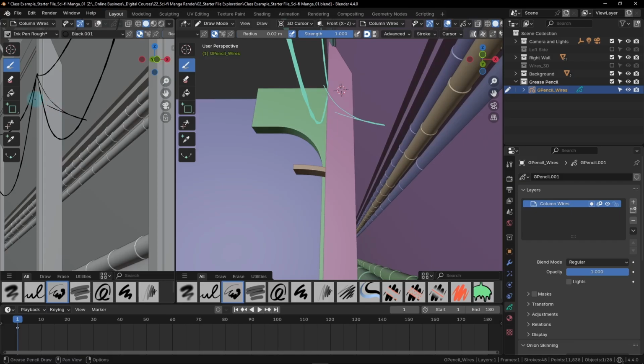And we can see here, it no longer has that issue. It seems like it's going in front of the column now, which is what we want. So I can Ctrl-Z, and now I'm free to draw my line again. So if you have this issue at any point while you're drawing with this 3D cursor, simply hold Shift and